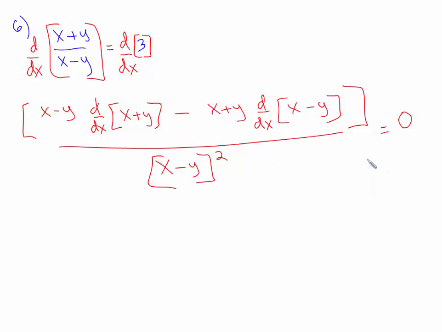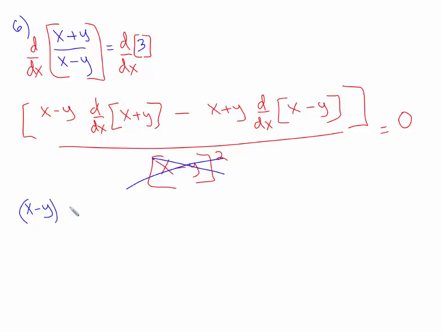So first of all, this makes it nice because if you multiply by this on both sides, this is 0. Basically our denominator we don't need to worry about, because when you multiply by this on both sides of the equal sign, this will divide out, and this times 0 will still be 0. So all we really care about is working out the numerator. Okay, so then now we have x minus y